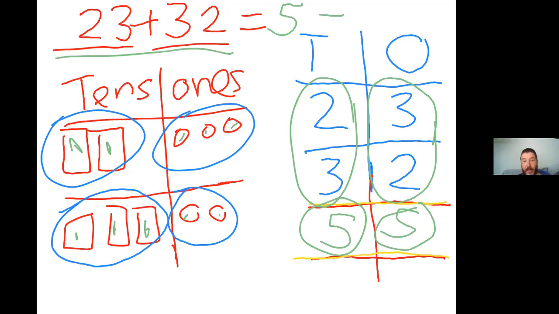Now, it's a little bit different than when we do the tens and ones, because when we do the tens and ones, I tell you to start at your tens and then count on your ones afterwards. Now, when we do column addition, we start with the ones, add those together, then we add the tens together. I'm going to show you another few examples of this. So if I had a problem like this,